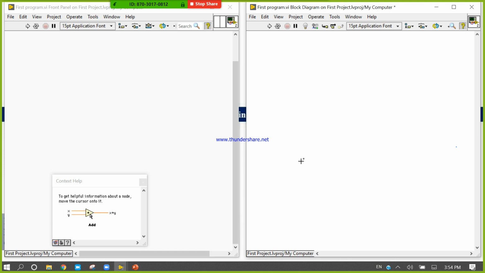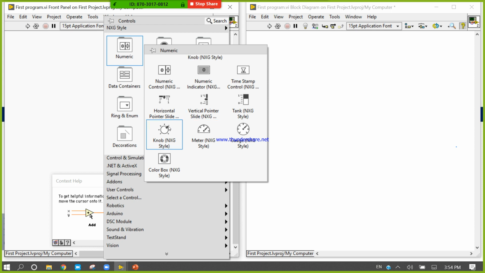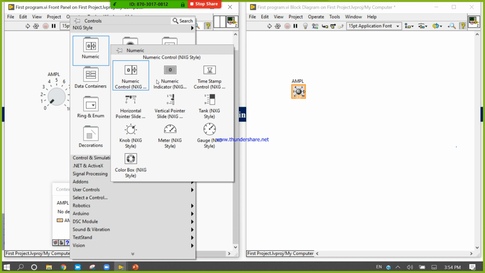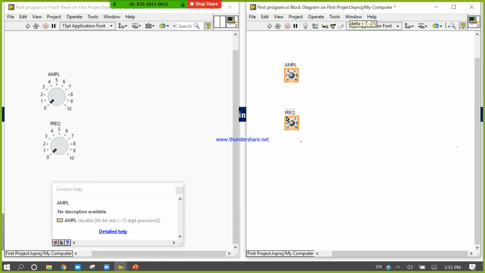I think yesterday all of you designed your function generator, so let's come back to that concept. Take one knob for amplitude. Take another knob for the frequency. You will learn so many things right now.